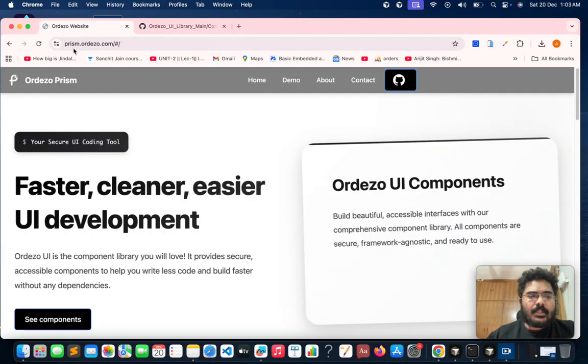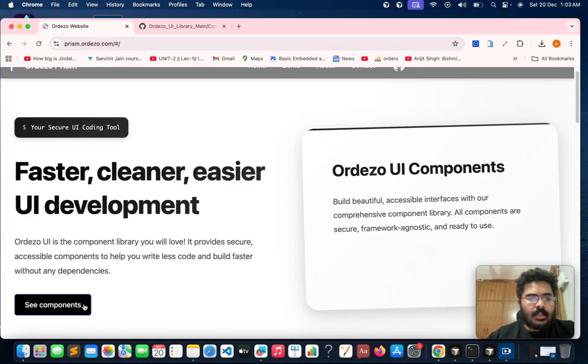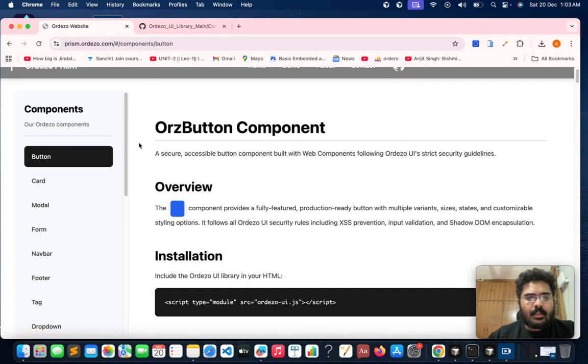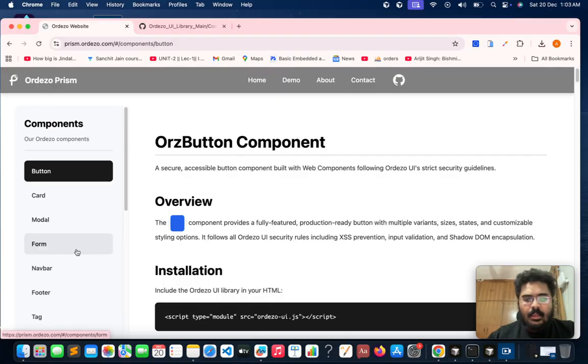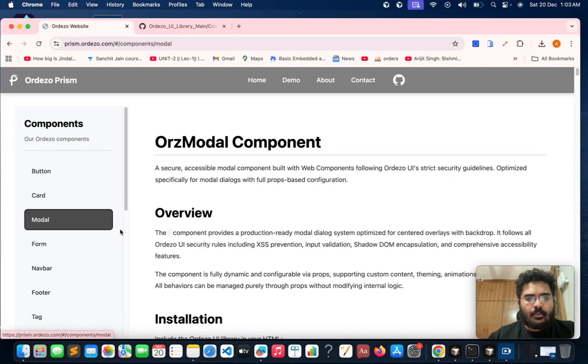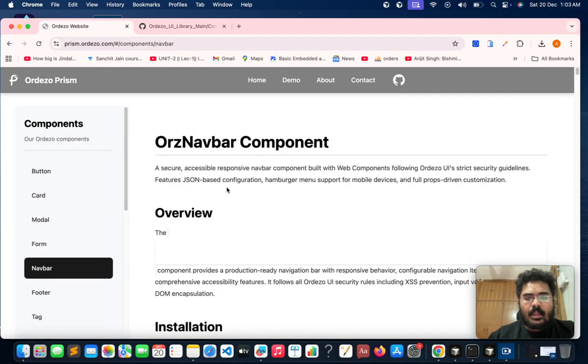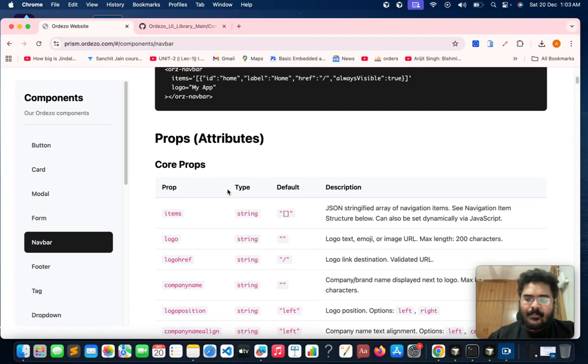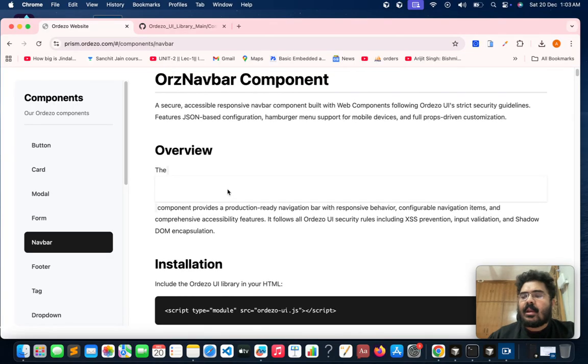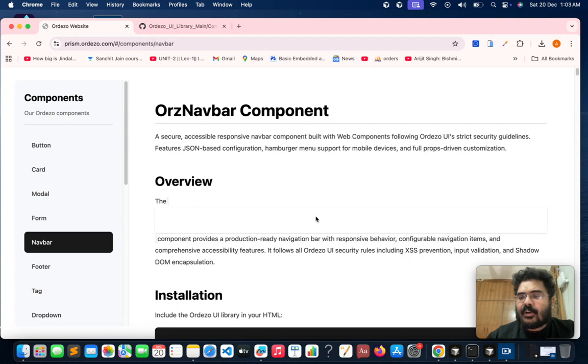Correct. Now let's go to the framework documentation. If we see the library documentation here, we can see what components we have. We have buttons, cards, modal, form, navbar, more or less the basic things that are required in UI development. We will bring in more components on a weekly or monthly basis, and we also request you personally to bring in more good ideas or components of UI, so that the environment of the project and the growth of Prism is good,